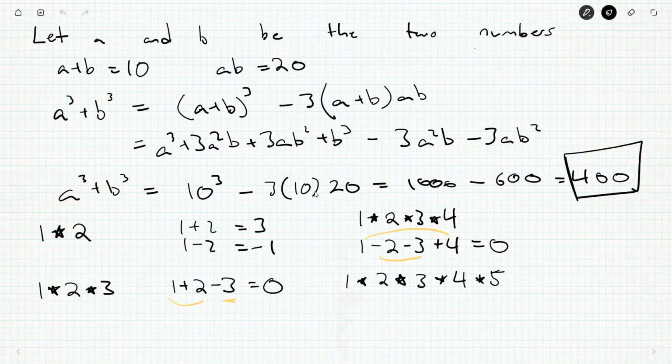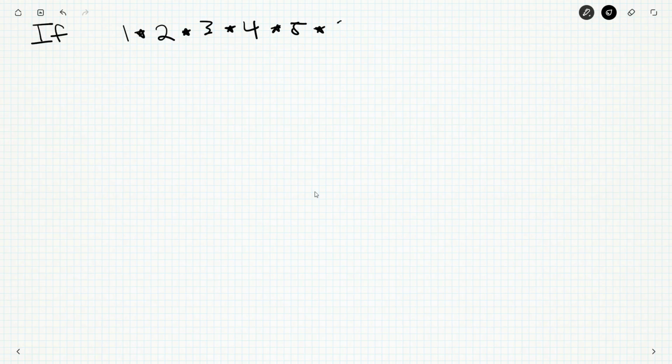So let's just, I'm going to develop my theory. I'm going to jump to the 10 as is. So if I could do this, star 7, star 8, star 9, star 10. So if I could do this,